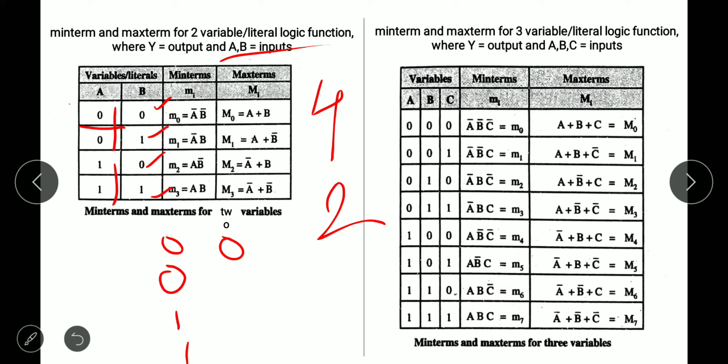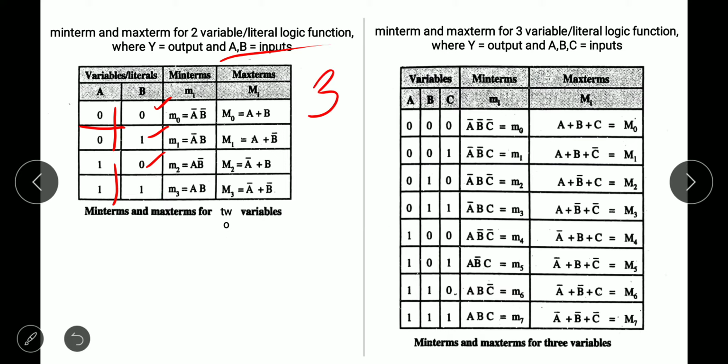Okay, then what is the half of that 2? That is 1. So 1 times 0, 1 time 1, 1 time 0, 1 time 1. Okay, if the combinations are 8, that is 3 variables are present, then combinations are 8, then what is the half of 8? That is 4.